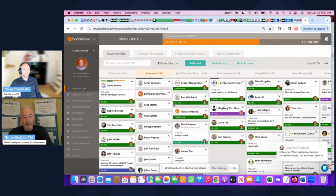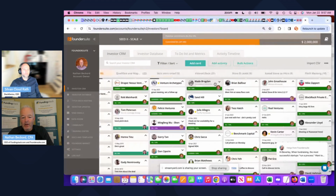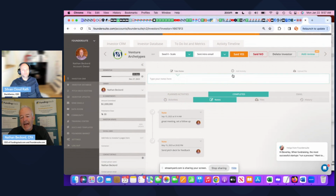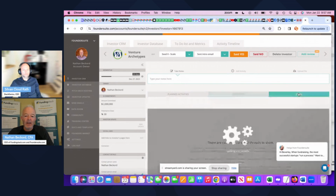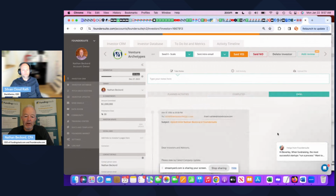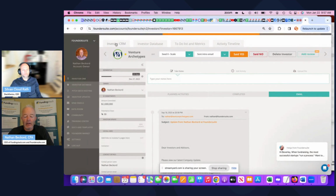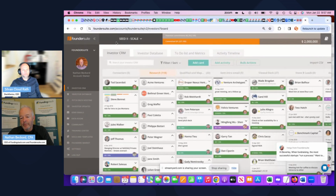Of course, you're moving these investors around the cards. You're keeping track of notes, tasks, activities, all the email threads going on. It pulls those emails in automatically. So it has a lot of pretty rich functionality as well. But again,